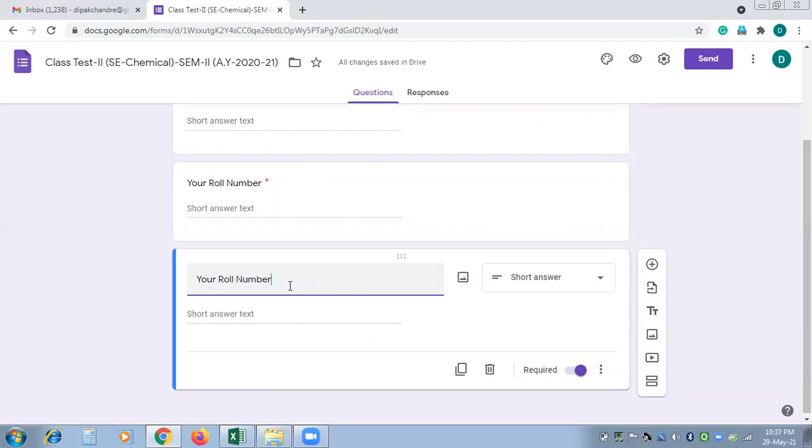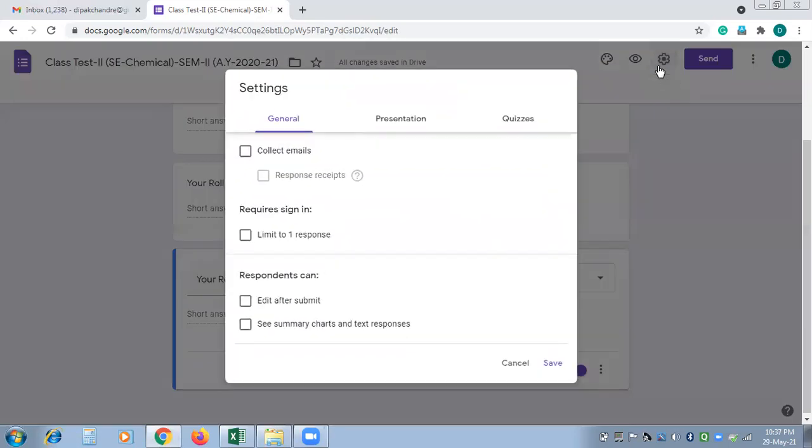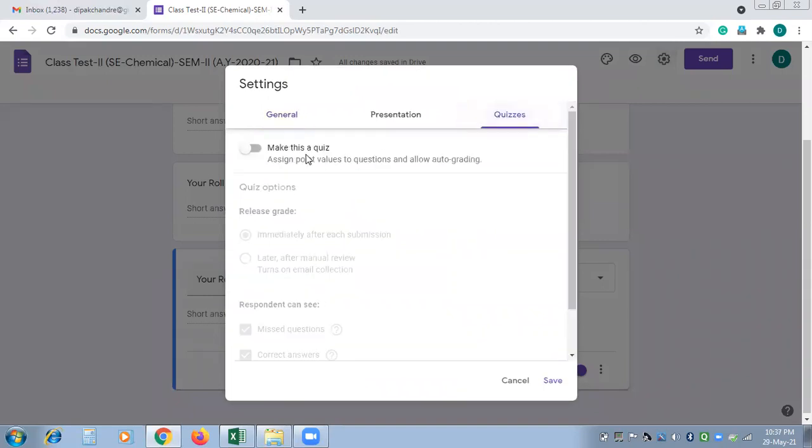So the actual question paper will start from this question on. Then you need to click this setting tab. In this setting tab, you need to go in quizzes. In this quizzes, you click on mark this as a quiz, and there are two options.